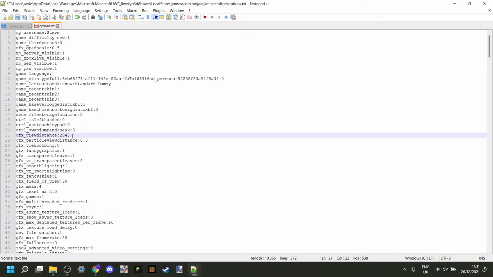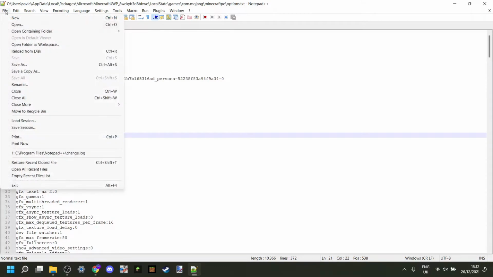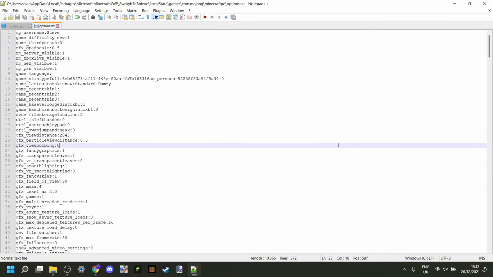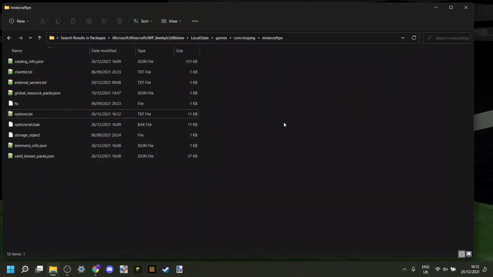128 chunks of render distance, which is already a lot, and you can just change this to whatever you want. However, remember, this may be bad for your device. Anyways, once you have it as you want it, you can just hit Ctrl S to save, or you can head over to File, and then you can save it. Anyways, then you can just simply click this away. I'm going to leave this open though because I want to get back here. I do recommend to click away the options file though, because Minecraft is going to need to use that to